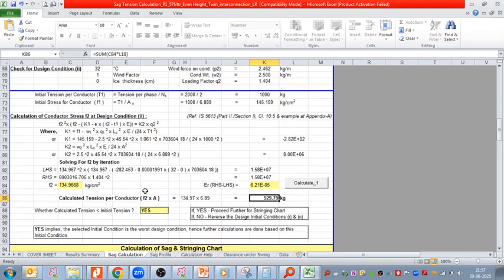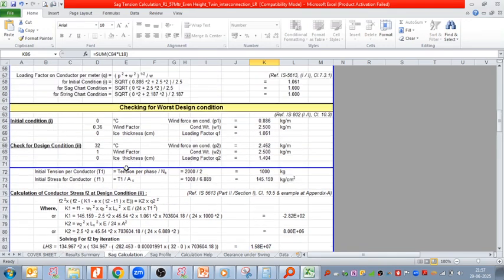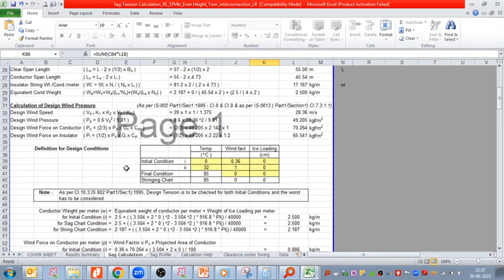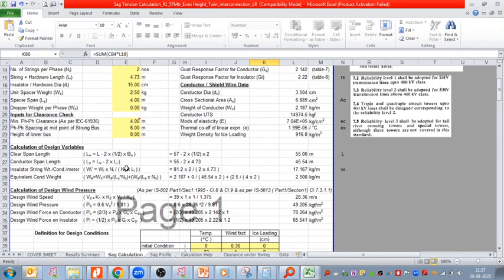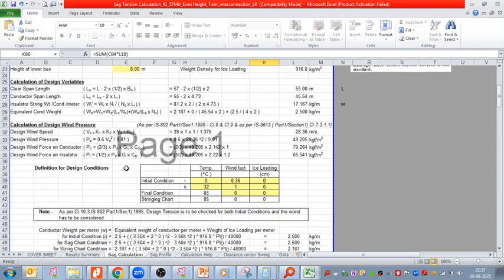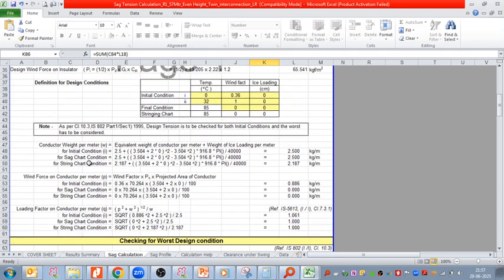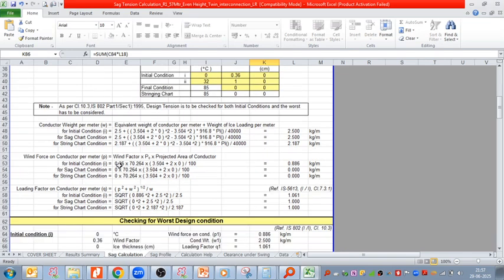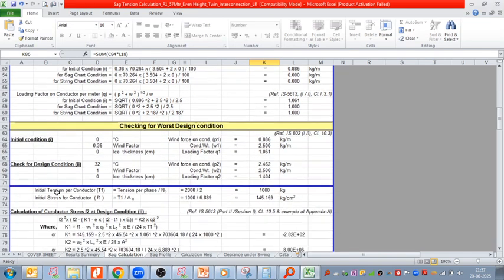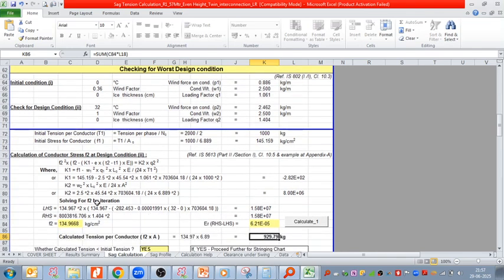Okay, so FES you calculate here in the sag tension calculation. Yes, based on the value of sag, we have to put that value in the short circuit force calculation. So calculation: clear span, design conductor, conditions, then weight for sag conditions. Okay, then force on conductor, permitted loading factor, checking for worst conditions, initial and check for design stress, and